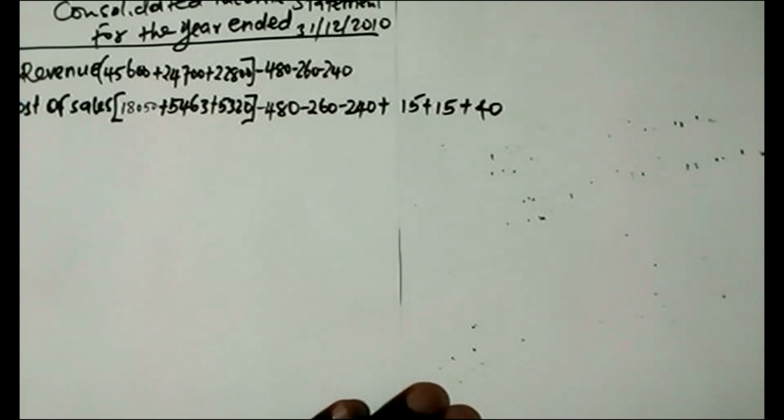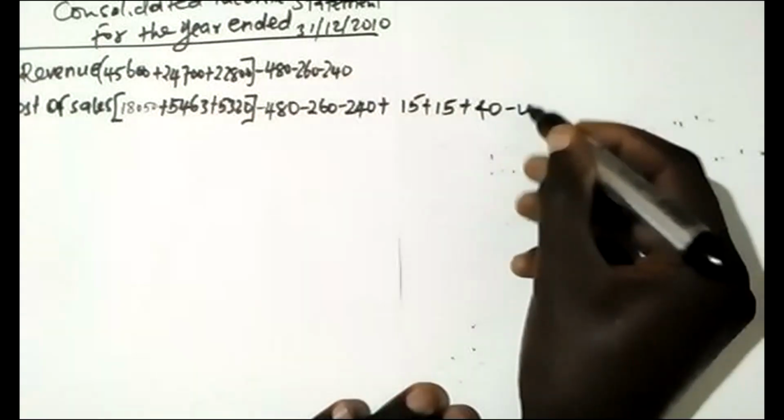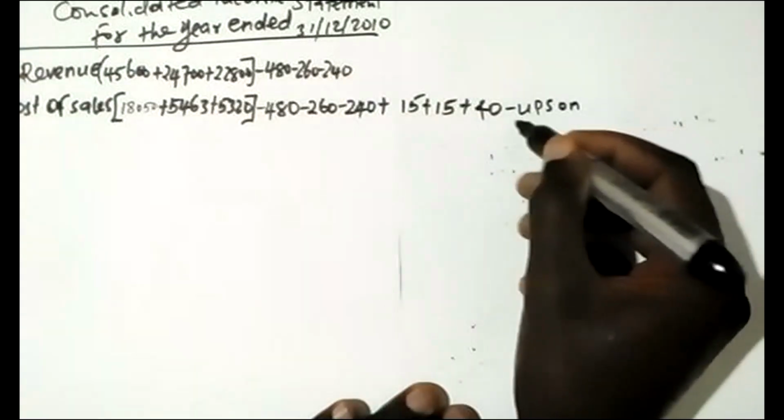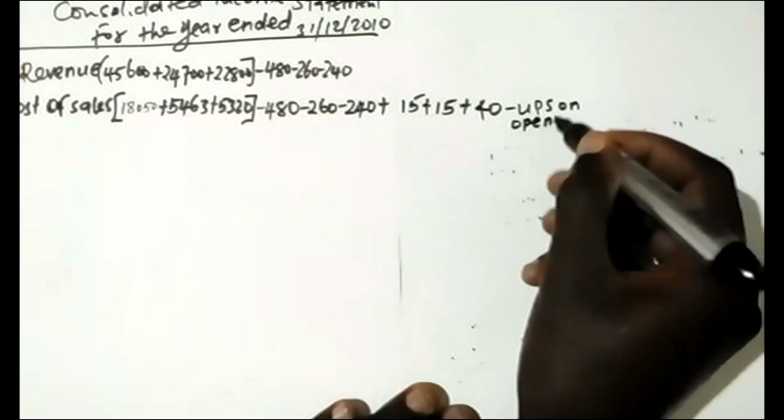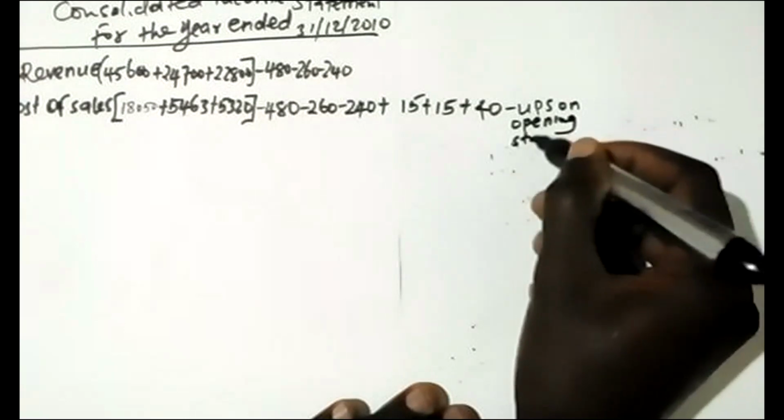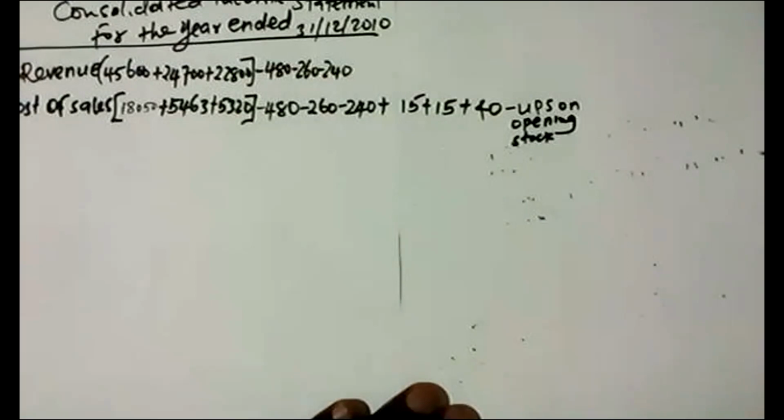That is depreciation overcharge or depreciation undercharge. But before that, if there was unrealised profit on opening stock, you are supposed to raise it. On opening stock, it means that if there were some goods which were unsold by the end of the previous year, remember that we do the same, and there is profit on stock, then that one is subtracted.